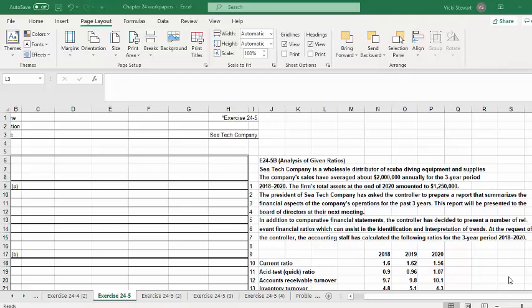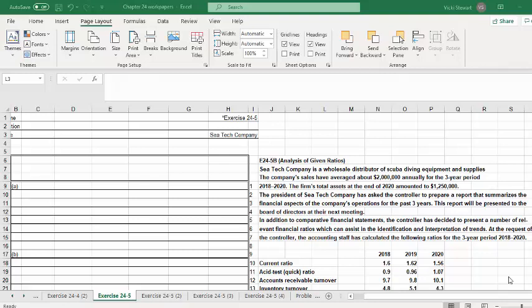This is a demonstration of exercise 24-5B, analysis of given ratios. SeaTech Company is a wholesale distributor of scuba diving equipment and supplies. The company's sales have averaged about $2 million annually for the 3-year period, 2018 through 2020. The firm's total assets at the end of 2020 amounted to